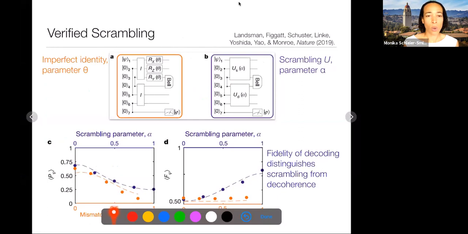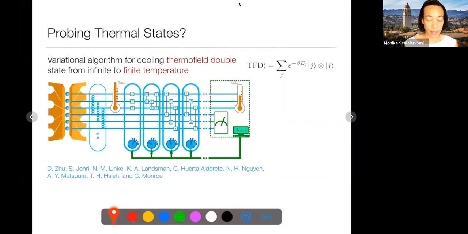One of the things you might want to be able to do is also study, for example, finite temperature systems. And so one other nice experiment that was recently done in this same group, which is the group of Chris Monroe, was to demonstrate how you might go about preparing this type of a thermofield double state. And the approach that they take is, so I've written this down here, right? So maybe you would like to prepare two entangled copies